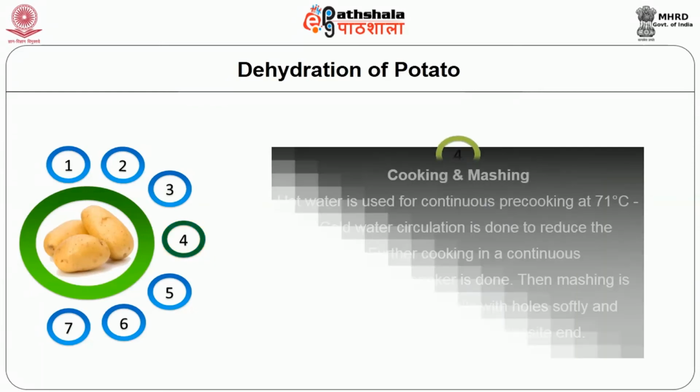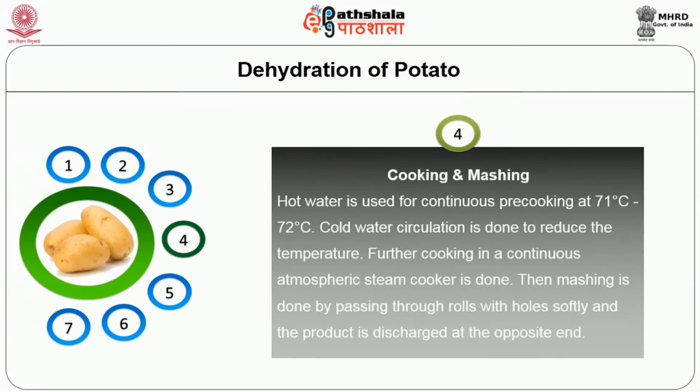Cooking and mashing of potatoes are done in hot water at 71 degrees Celsius to 72 degrees Celsius. Cold water circulation is done to reduce the temperature. Further cooking in a continuous atmospheric steam cooker is also done. Then mashing is done by passing through rolls with holes softly on the product, and the product is discharged at